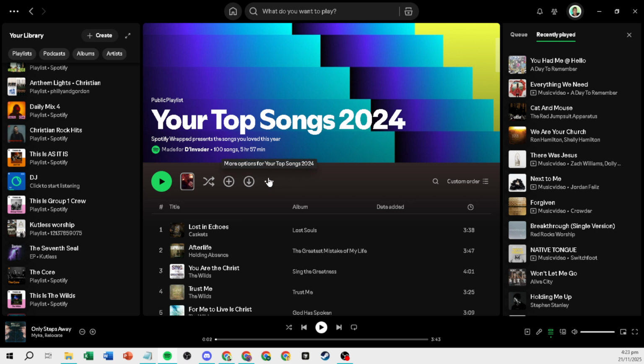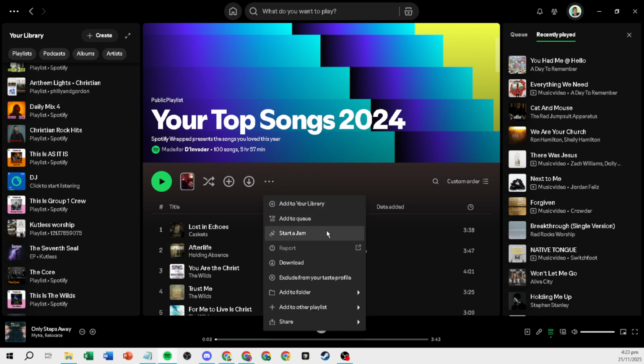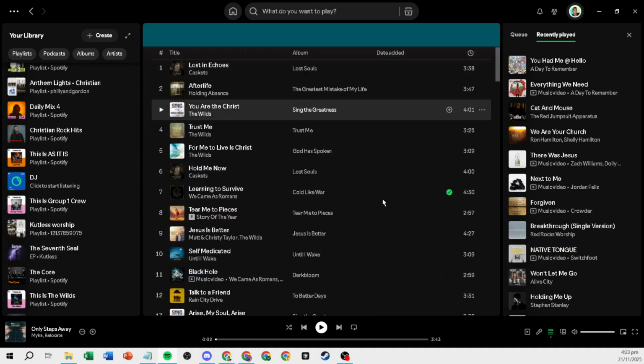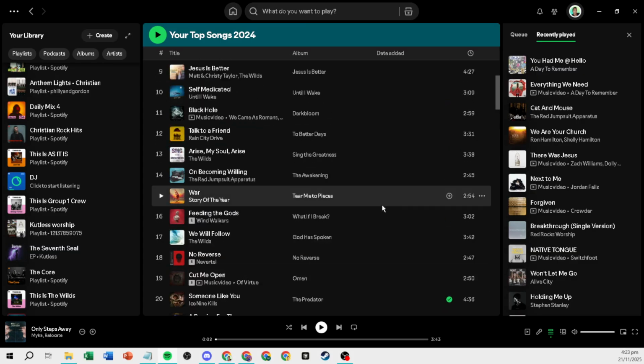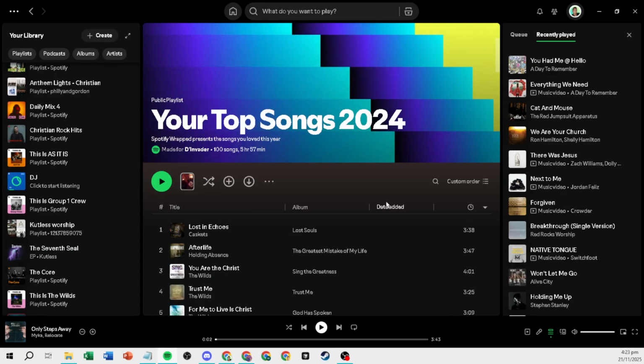You've now learned how to check how many hours, or more accurately, how many minutes, you've spent listening to music on Spotify this year. What makes Spotify Wrapped such a fun feature is not just the sheer number of minutes calculated, but also the nostalgic insight it provides into your musical moments and milestones. So, take a moment to explore your Wrapped, share it with friends, and maybe even find some new favorite tracks or artists to enjoy.